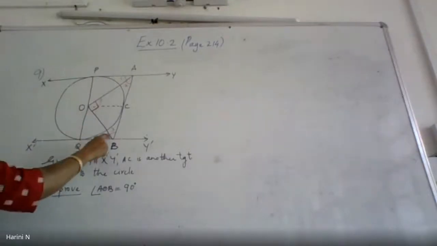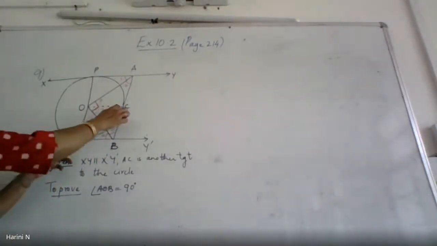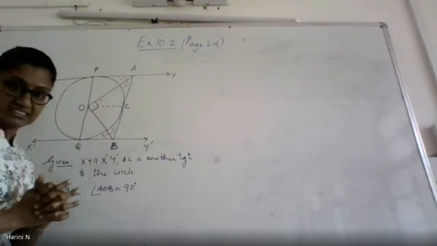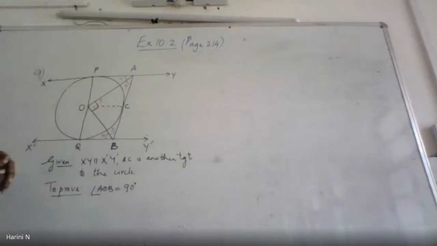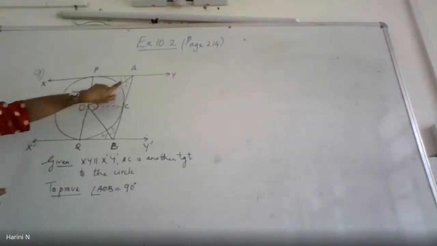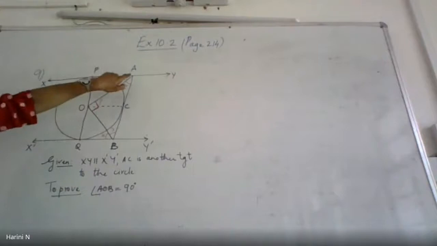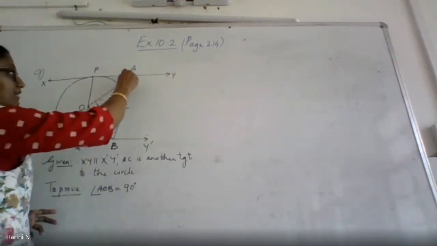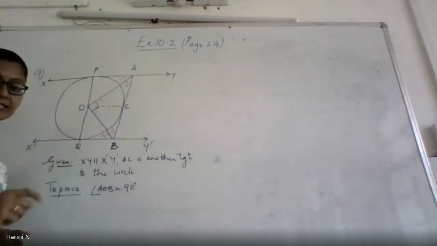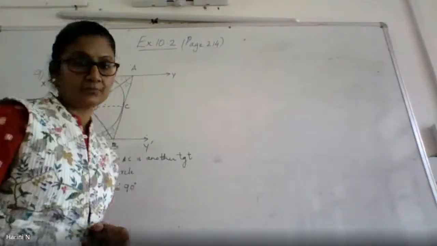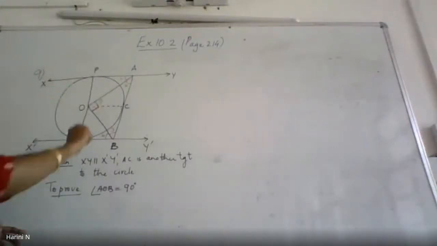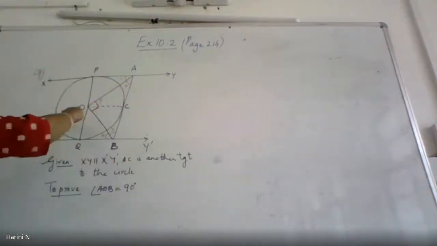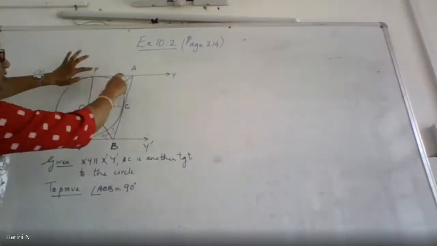Similarly, from B you can see BC and BQ are tangents because they are touching the circle at Q and C. So I'm going to use that theorem 3 here. That's the reason I gave you that theorem 3. Now this is the line segment joining the center to the external point A. So what does theorem 3 state? The external point, when it is joined to the center, you get the segment OA. That segment will make equal angles with both the tangents.